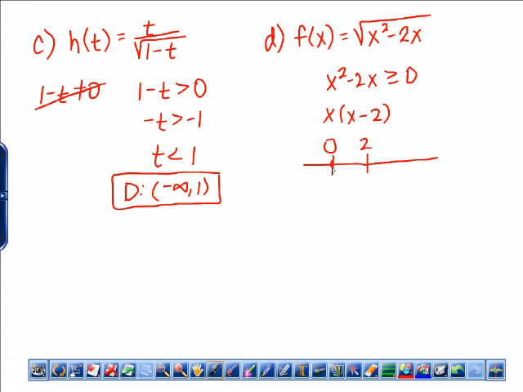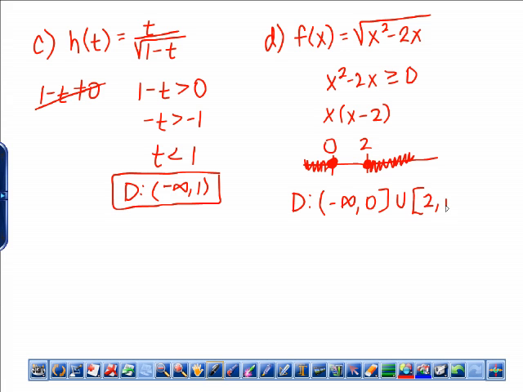Since these are solutions to the equation, they have to be solutions to the inequality. You can either think of the parabola being drawn, and where is this parabola greater than or equal to 0, or you can do test points. So where is this parabola greater than or equal to 0? It's on the outside. And if you had done test points, you would have gotten the same value. So after we solve that inequality, we now know our domain for our original function is negative infinity to 0, bracket,